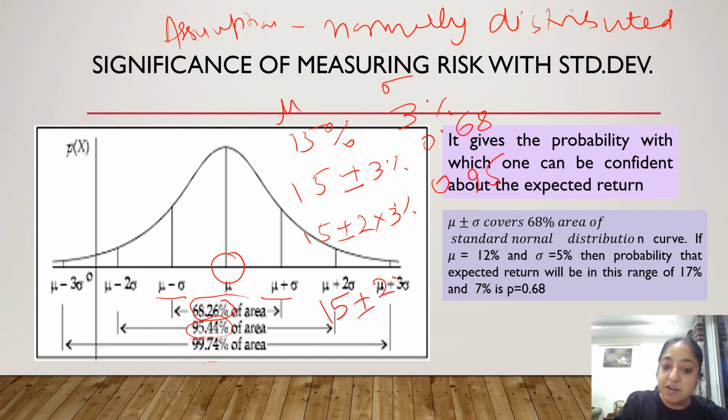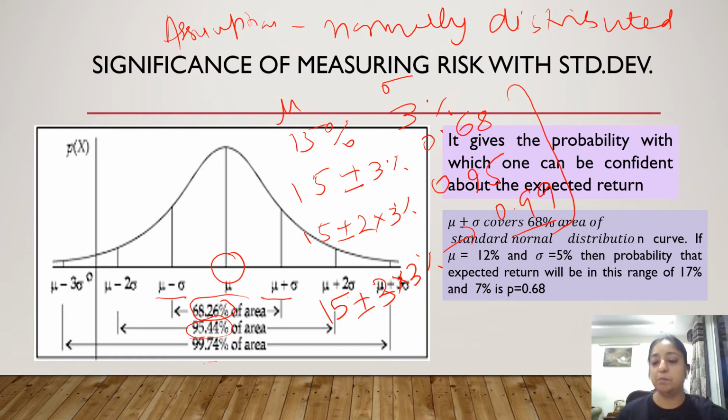Now, 15% plus minus 3 standard deviations, that is 9%. So what is the probability that my returns will lie between 24% to 6%? It is 0.99. So it gives me the probability where my returns will lie. So that is the advantage of using the standard deviation as a risk and assuming that all the returns are